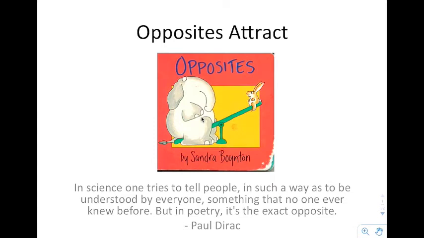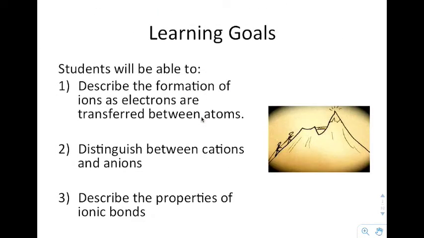Welcome to the first presentation in Unit 4, entitled Opposites Attract. "In science, one tries to tell people in such a way as to be understood by everyone something that no one ever knew before. But in poetry, it's the exact opposite." Paul Dirac. So the learning goals for this particular presentation are that students describe the formation of ions as electrons